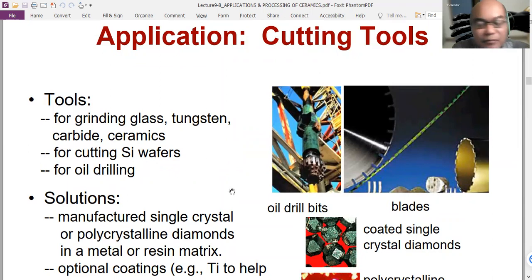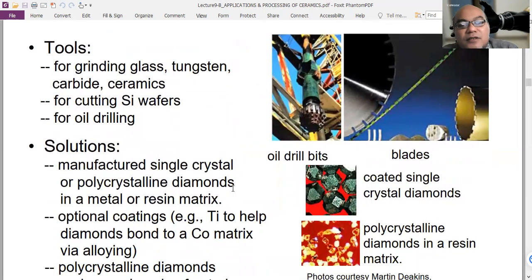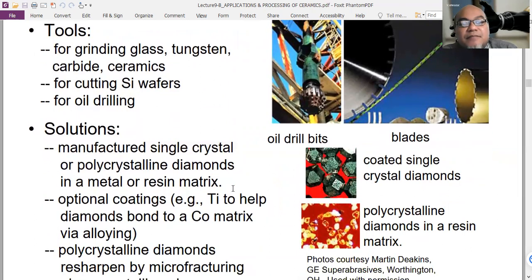if you remember projects that make tunnels, like MRT, they use a large drilling machine. Usually the front of the drill bit is coated with ceramic material, either diamond, polycrystalline diamond, or maybe silicon nitride or silicon carbide. So to make the drill bit stronger, this can use single crystal or polycrystalline diamond in a metal or resin matrix, something like this. This is the coated single crystalline diamond, and